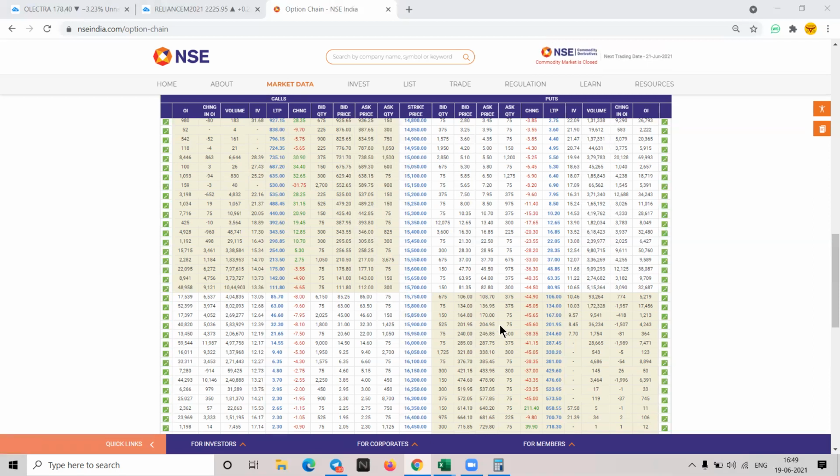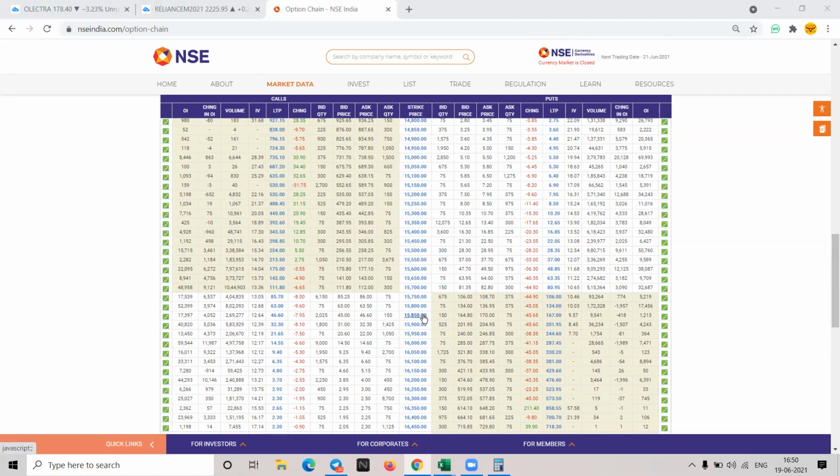This is basically how call and put work. If you look here on the left side, there are call contracts at different strike prices, at 15,700, 15,650, 15,600. They are contracts which are being traded, and the last traded prices of these contracts are 175, 213, 254, 298, 343. So these are the contract values which are running. At each strike price there is a contract. If you want, you can buy any of it, but then there should be a logic.